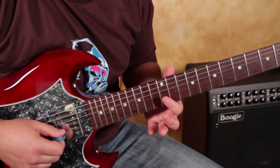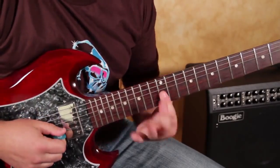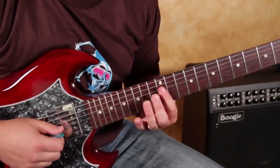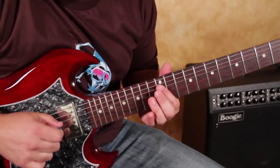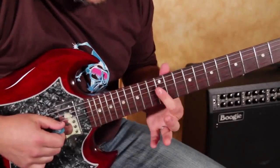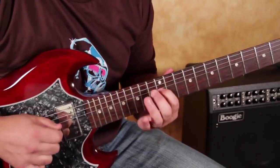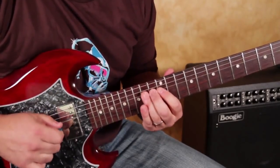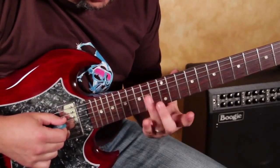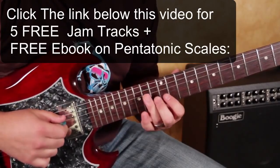And notice they're not ringing out together. You could do that, but I'm rolling. Now look at this one. Same idea, but now I'm on the 12th of the G, rolling over to the 12th of the D. Okay, now check this one out. Rolling back, the 14th fret of the D to the 14th fret of the G. And that comes right from...